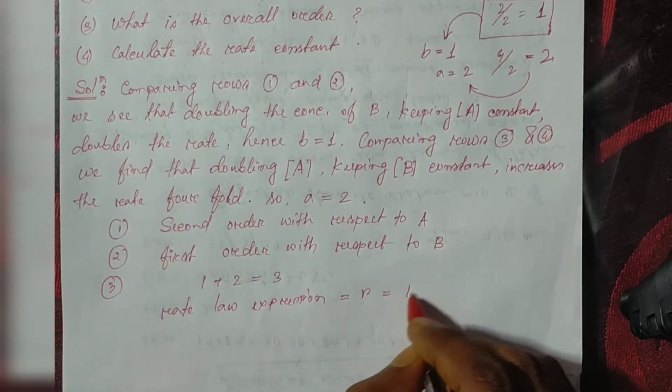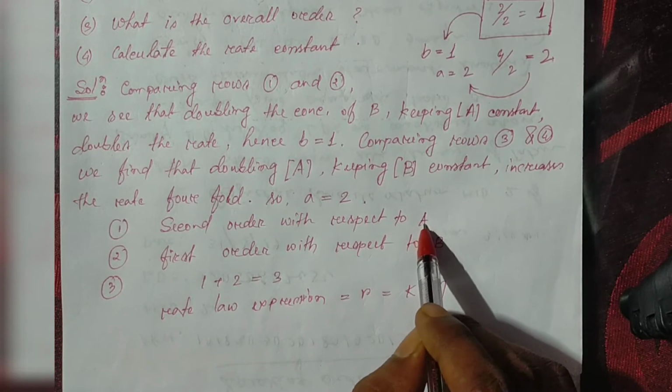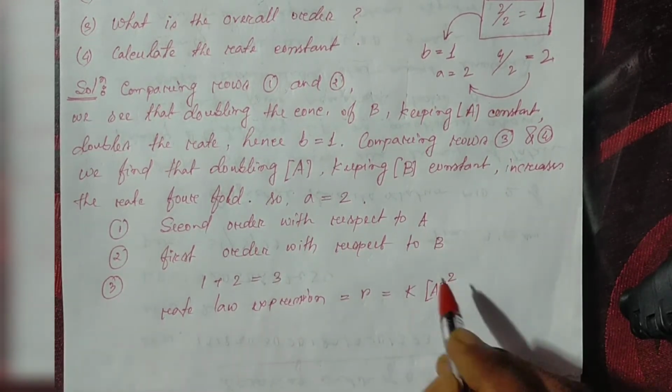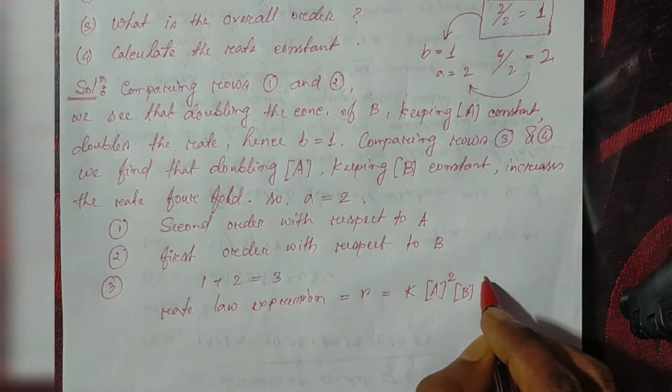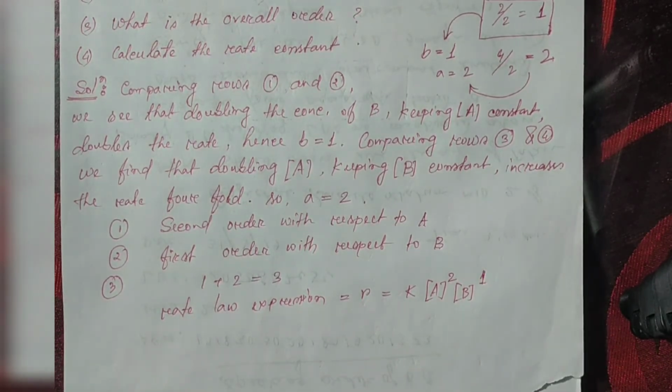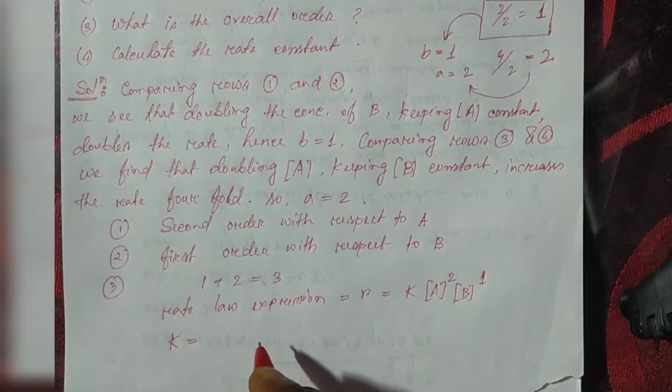R will be equal to K, as with respect to A it is 2, so it will be 2, and with respect to B it is 1, so we will write 1 here. Okay, so this is the rate law expression. So using this rate law expression we can calculate the rate constant. So K is equal to